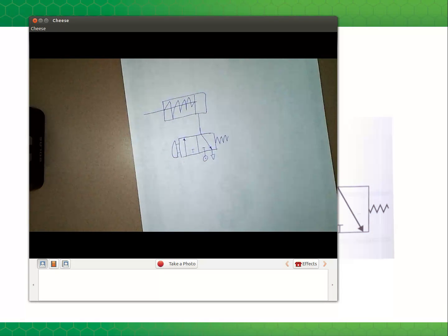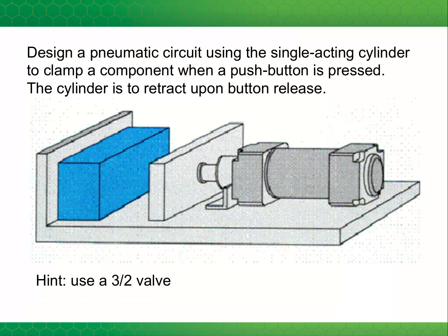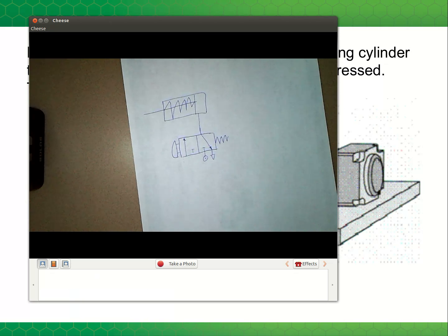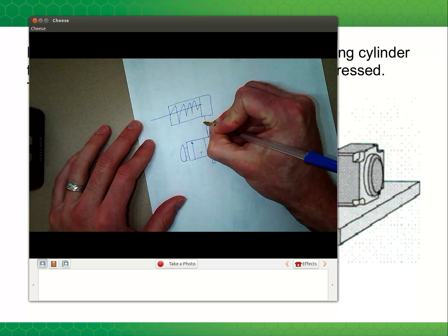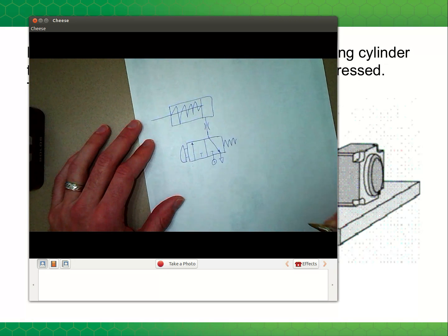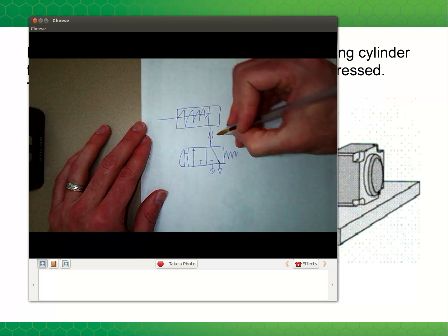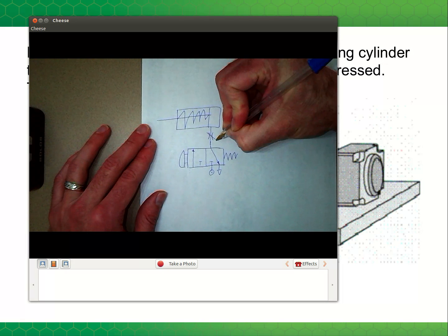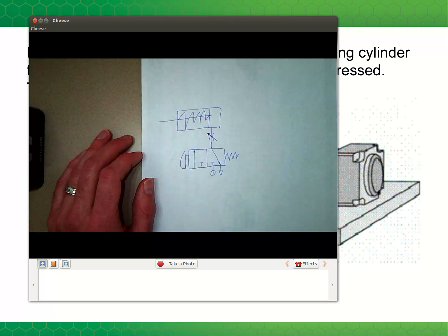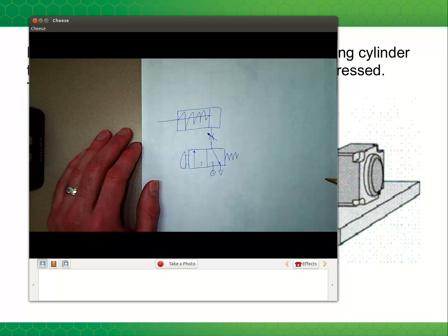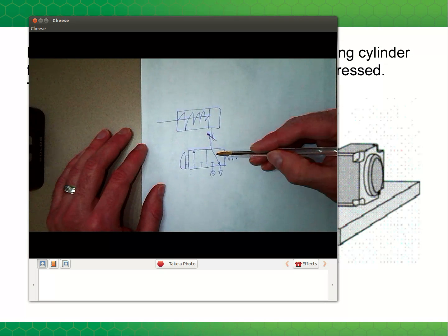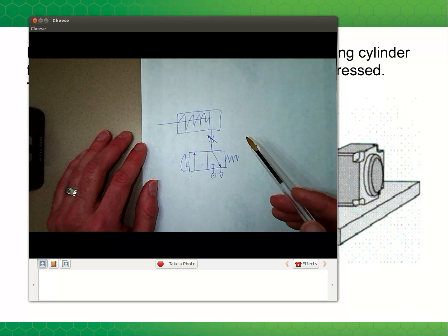Now, if, say, in this situation, we wanted the cylinder to slowly clamp the workpiece, then we could modify our circuit to have a flow restrictor. So that's a symbol for a flow restriction. And then if you put an arrow at 45 degrees, that means it's adjustable. So we could have an adjustable flow rate through this line, and that way we could have an adjustable speed